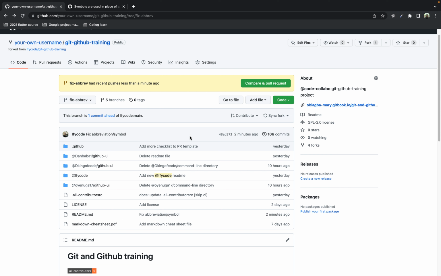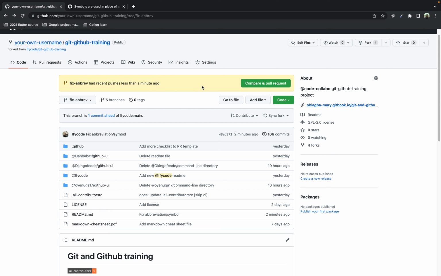So now the owner of the repository does not know about the change that we have made. So we want to alert the owner of the repository and let them know, oh, we have made a change, and we want them to merge that change that we have made into the repository. So what we are going to do is, again, I'm going to say we are sticking to main, but it's not best practice, right? So there are two ways that you can get to make